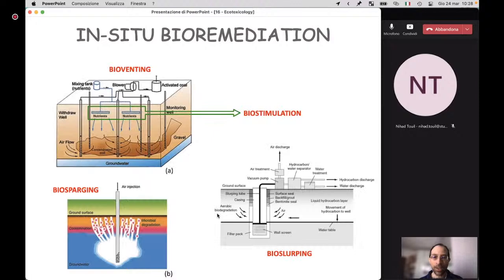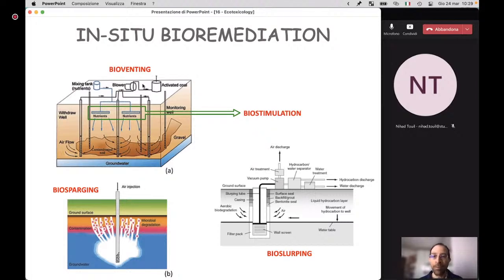So here we can see some examples of bioremediation. This is bioventing, where you can see that this in dark brown is the contaminated part of the soil, and with this technique you have biostimulation. So you inject nutrients for microorganisms into the soil, and also you inject air through small wells here and here, and this air can circulate within the contaminated soil and go away back through other wells. Okay, and of course the air that comes out is potentially, and also probably, very probably, contaminated,